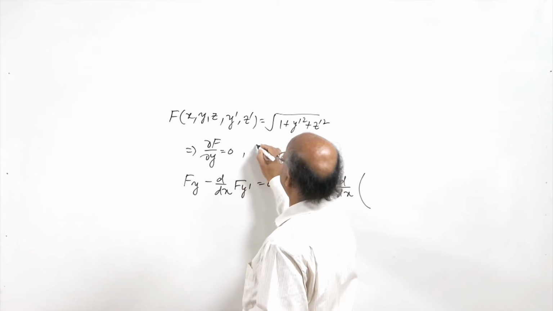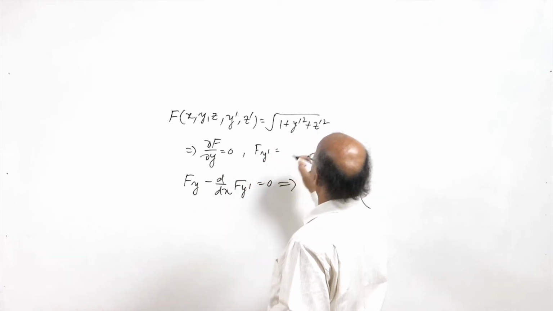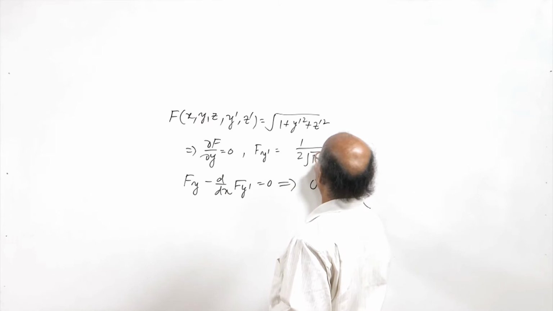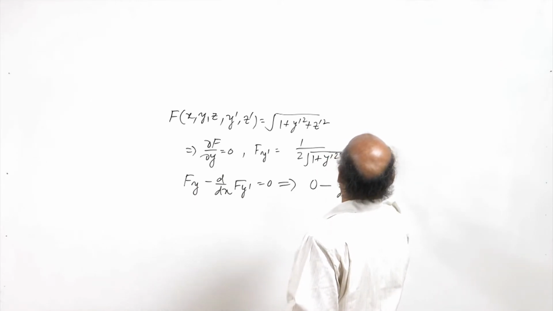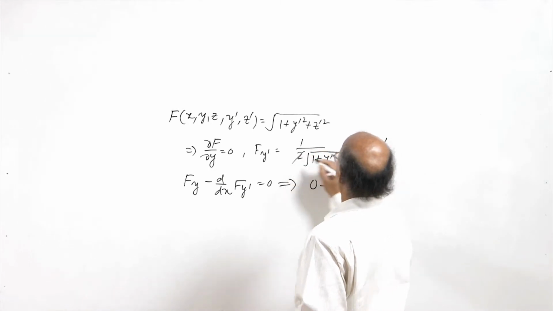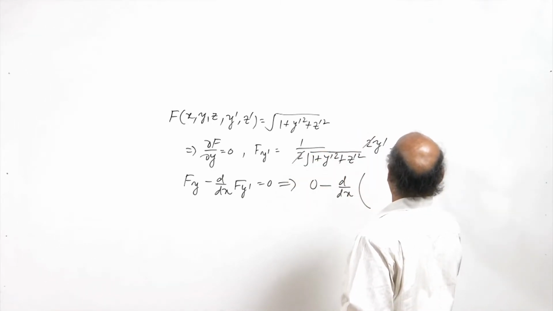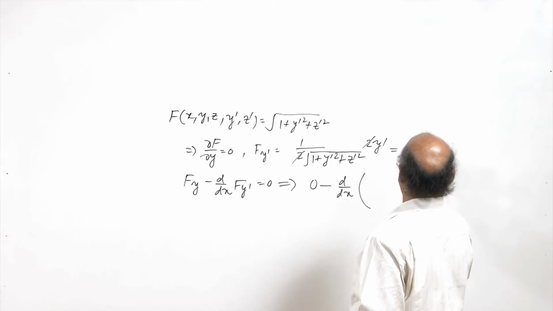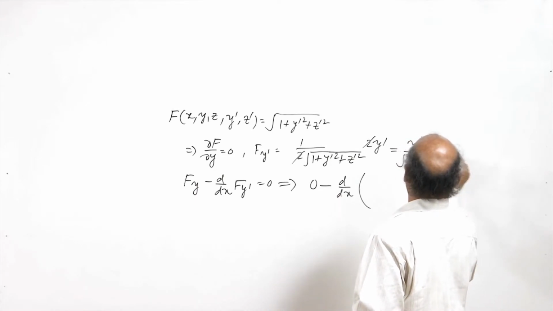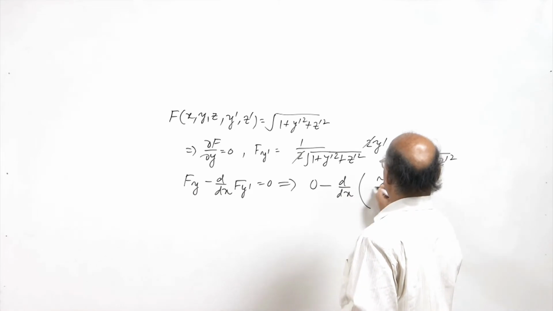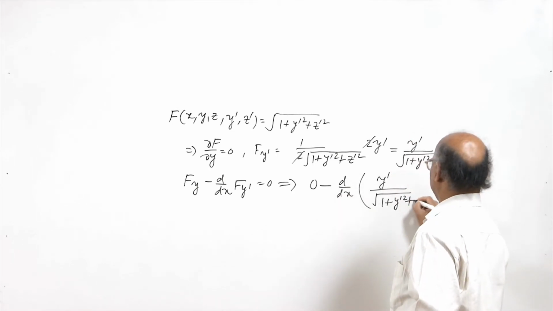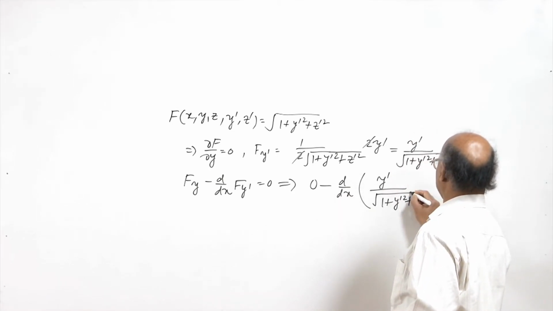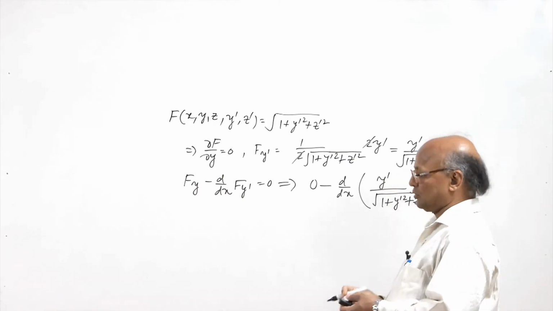Now here, f by y dash: if you find it, f by y dash is 1 over 2 square root 1 plus y dash square plus z dash square, into 2y dash. So this is y dash divided by under root 1 plus y dash square plus z dash square. Let us put it here: y dash divided by under root 1 plus y dash square plus z dash square. So this is equal to 0. So the first equation